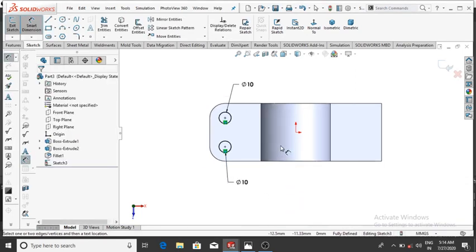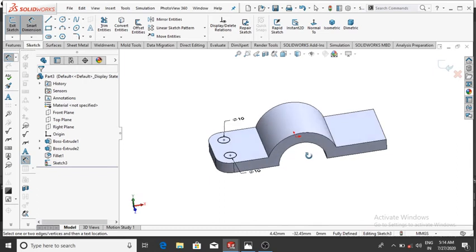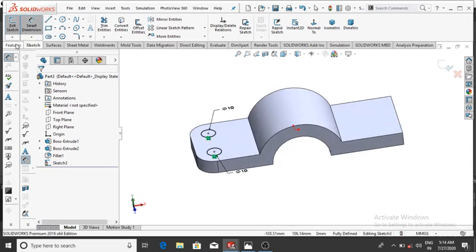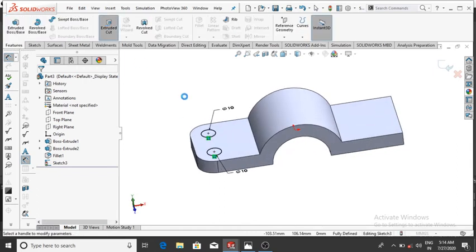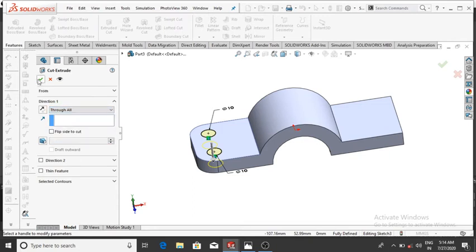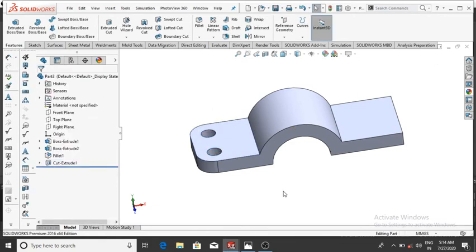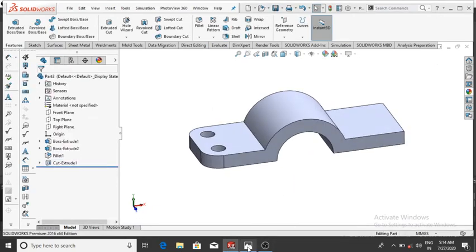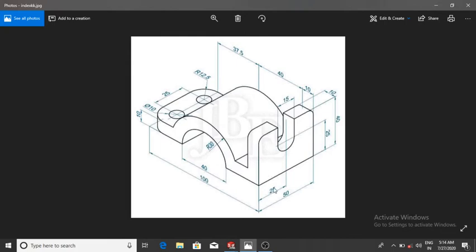Now we extrude cut these both circles, so go to the features and select the extrude cut and condition will be through all, then okay. Now we create this part, so this length will be 50 mm and the upper length will be 40 mm.